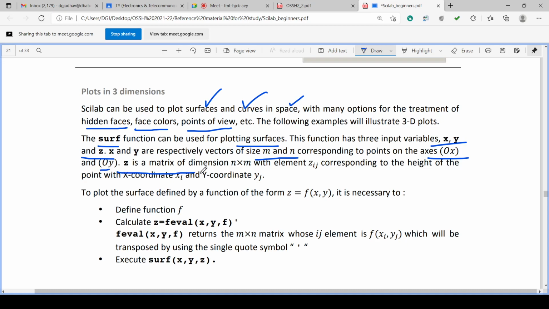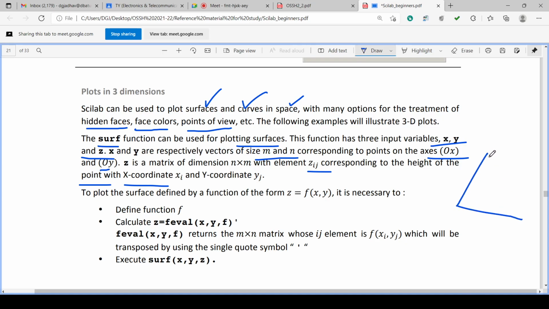Z is a matrix of dimension n cross m, because x has m values and y has n values, with elements z i,j corresponding to the height of the point with coordinates xi and yj.